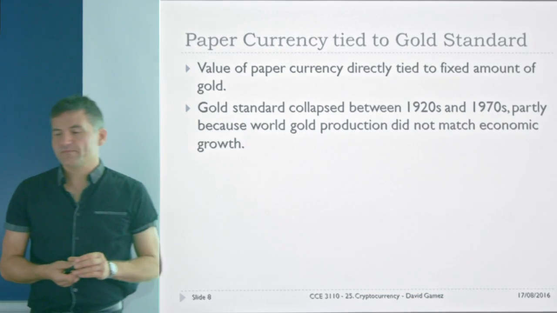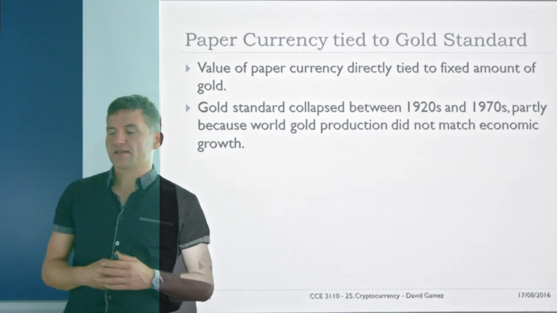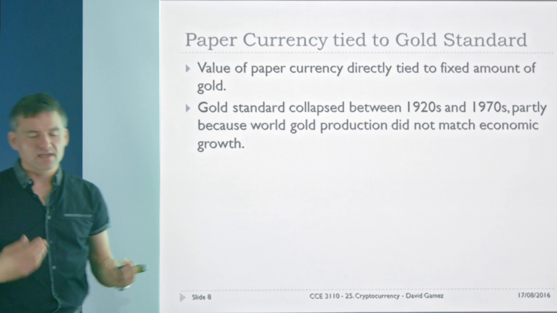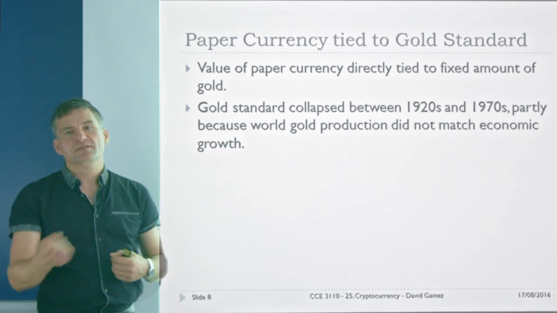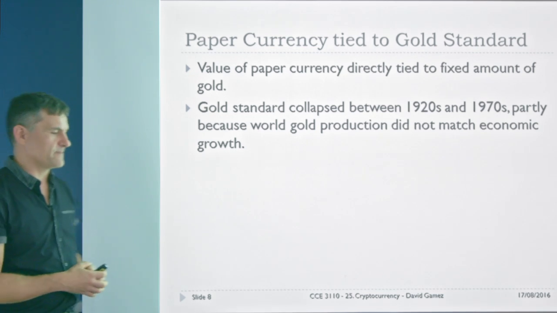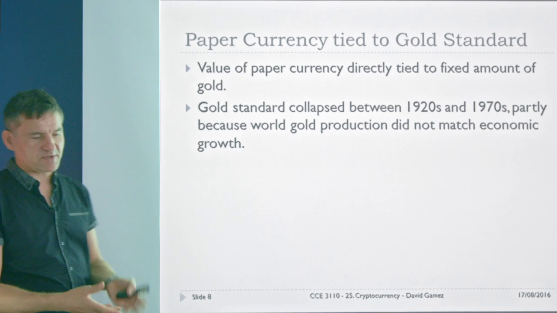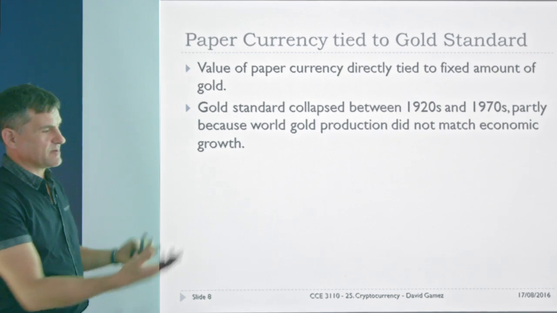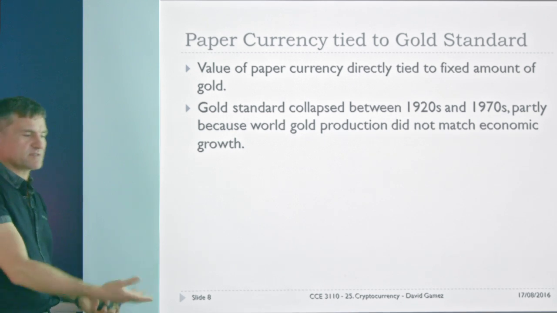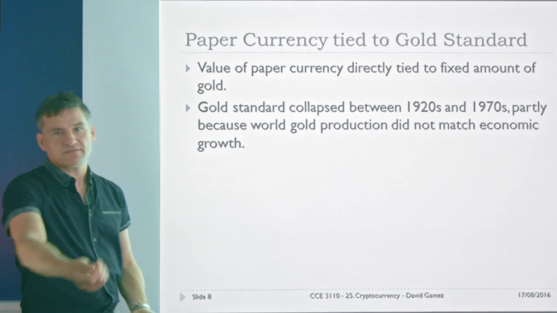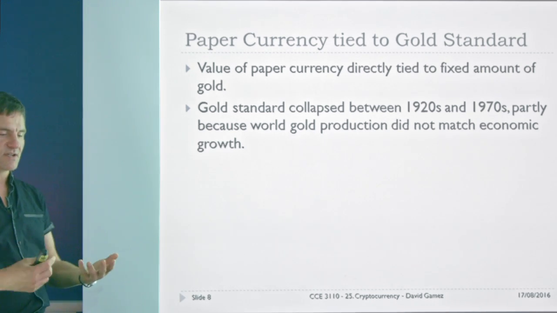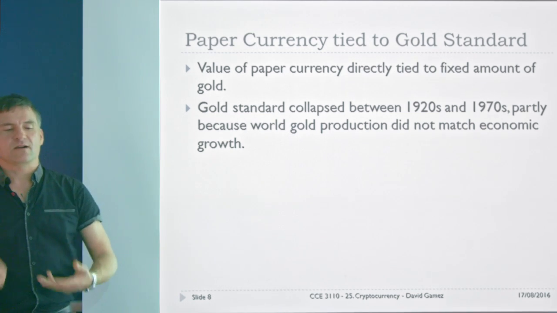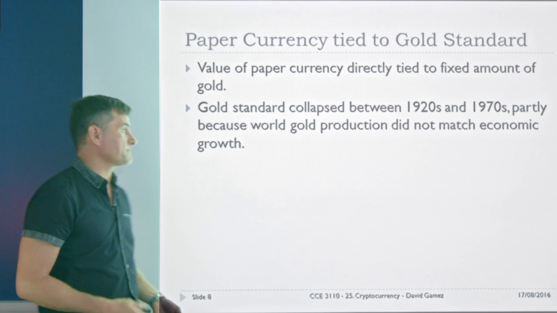So back in the day, the paper currency was tied to the gold standard. What that meant is that the bank held an enormous pile of gold, and they issued paper that corresponded to that gold held in the bank. So my £1 paper note, I could actually take to the bank and say, let me have my gold, please. And the guy would pop into the vault, pull out a pound of gold, and give that over to me. So the paper currency was really just a representation, a more convenient way of exchanging the gold that was in the bank.